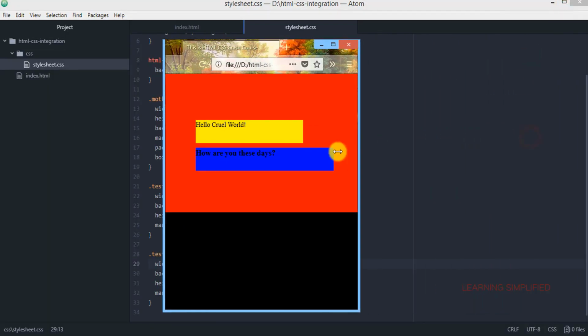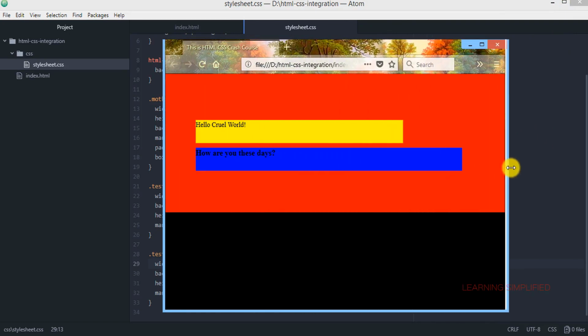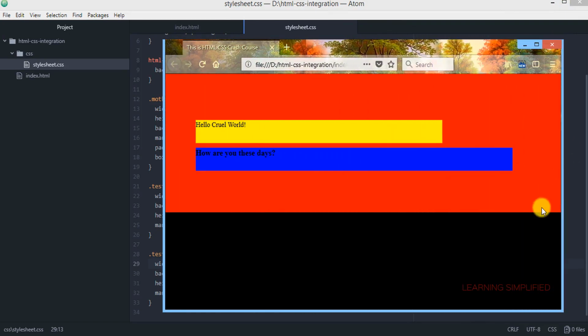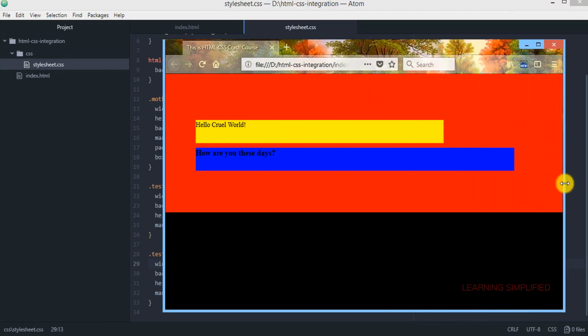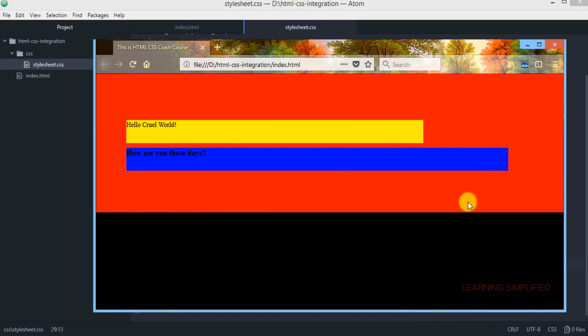Once again, if we just narrow it down or stretch it, we can see that both the boxes along with its parent div are shrinking down or shrinking up accordingly. This value of percentage is dependent on the device width.